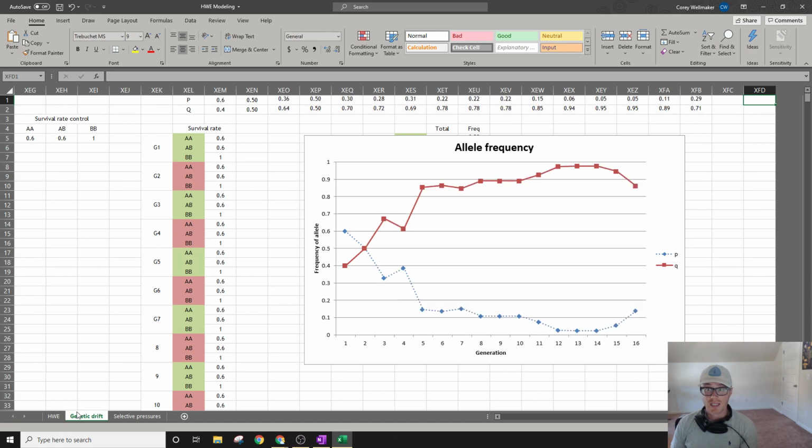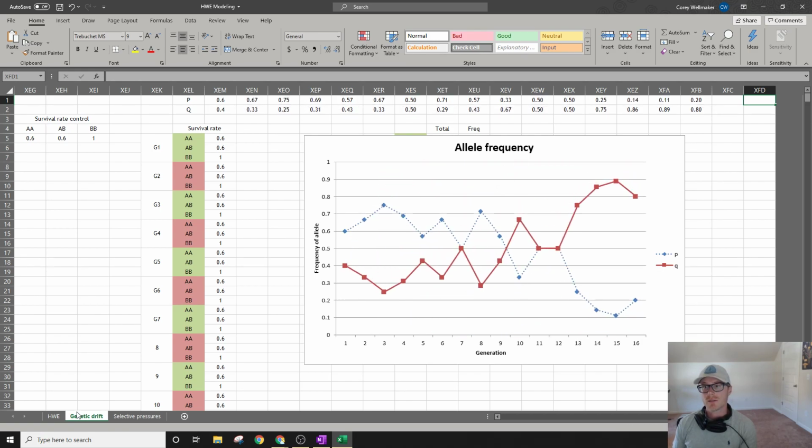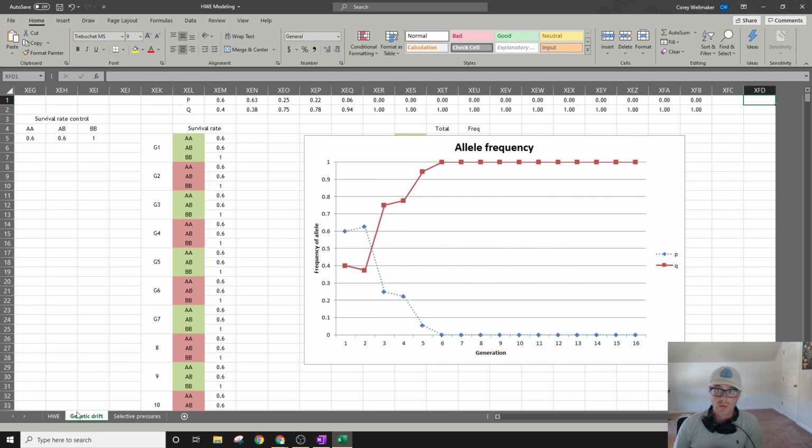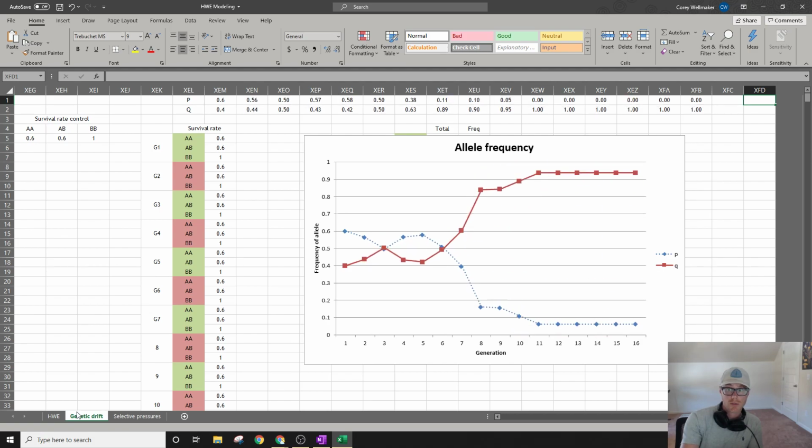The first reason is that genetic drift can reduce genetic diversity, and it does so most of the time when it affects a small population, because typically genetic drift can lead to allele fixation. That's just another way of saying one allele disappears and the other one is 100%. Notice that in a lot of these simulations, I get allele fixation. So number one, it reduces genetic diversity,